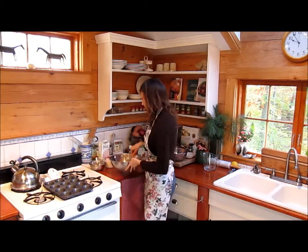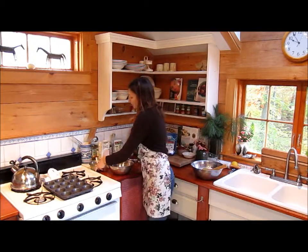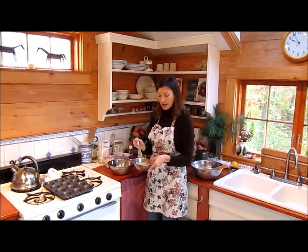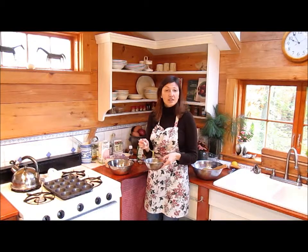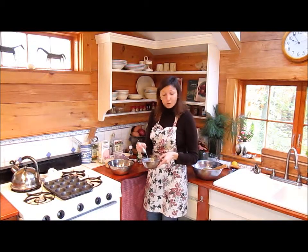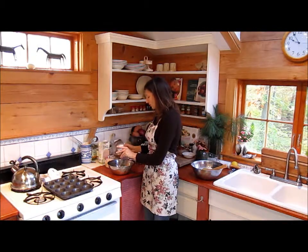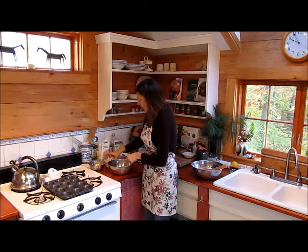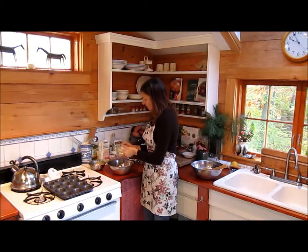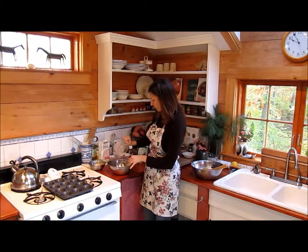Okay. Then we'll mix together our wet ingredients. And for that we have 3 eggs. These are farm fresh eggs from a local chickens. And so we whisk those together. Add to that 1 1/4 cup of soy milk, unsweetened soy milk,